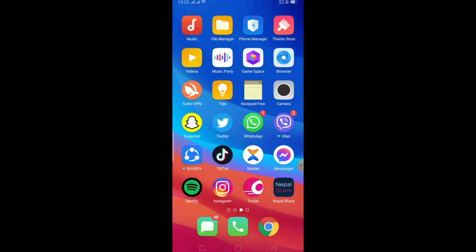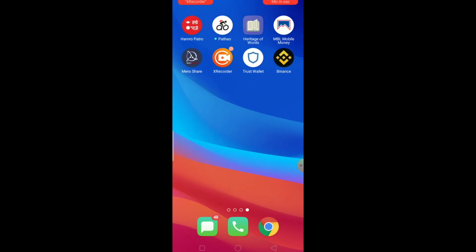Transfer crypto from Trustwallet to Binance. Trustwallet is an app on your phone and it looks just like this, where it says Trustwallet on mine. You can download it from the Play Store. In today's video I'm going to teach you how you can transfer your crypto from Trustwallet to